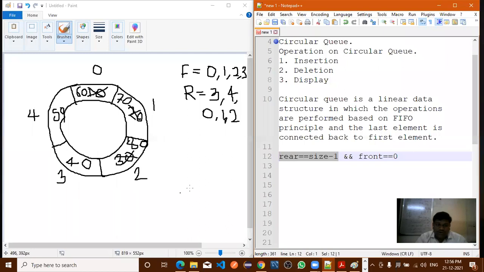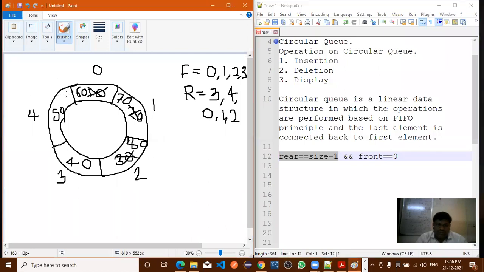So if the rear pointer is at this location, suppose R is at this location and F is at this location. So we'll say, if you have not deleted any element, obviously F will remain at 0th location and R will be at the end of the queue, right?